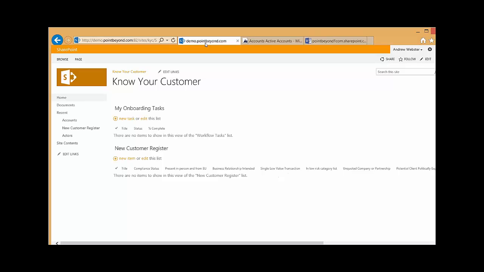So I'm going to start the process off from a sales representative's point of view. A new potential customer has presented themselves, and I'd like to start the onboarding process. So I simply go into a screen as you see here, and this is built on SharePoint, and I have a new customer register which is used to store all potential applicants. So I simply hit the new item button there so I can bring up a new instance of a customer,